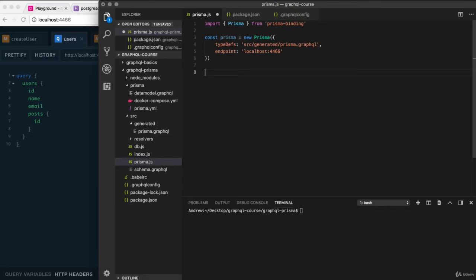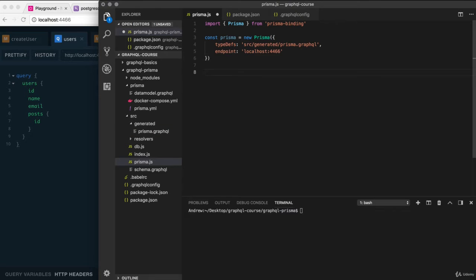Now, the cool thing is that all of this is actually going to read and write from the database. For the moment, we're going to work through some examples in this file just right down below. But once we understand how it works, we'll actually be integrating it into our resolvers for both queries and subscriptions